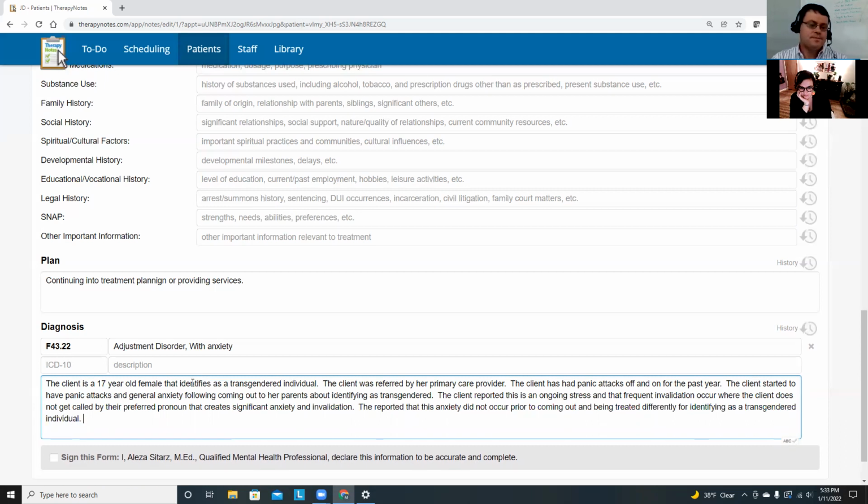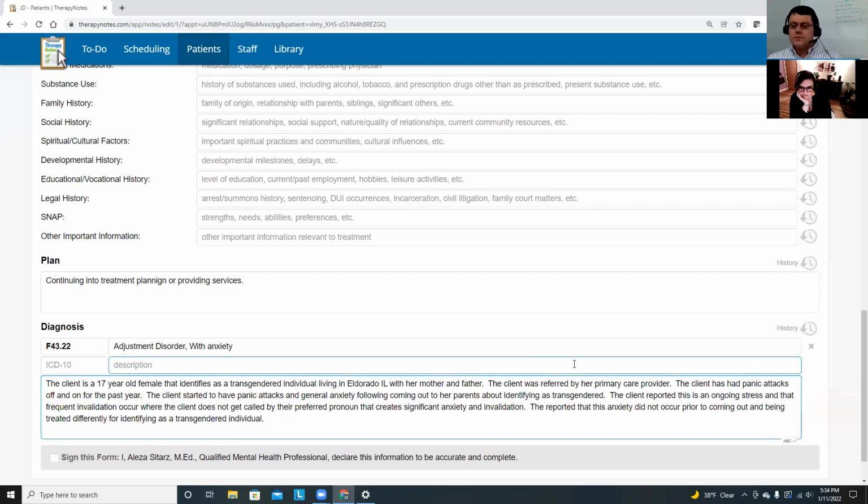All right, so in this, we want to say something like client's age is this, living in, I'm going to add that here, living in El Dorado, Illinois with her mother and father, referred by, what are the symptoms,